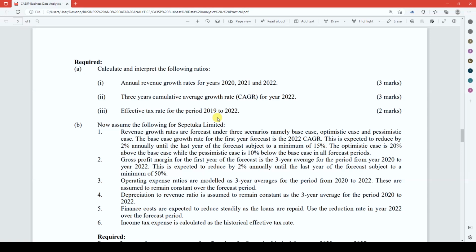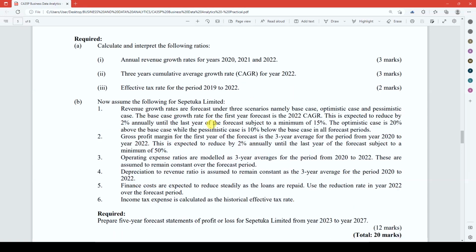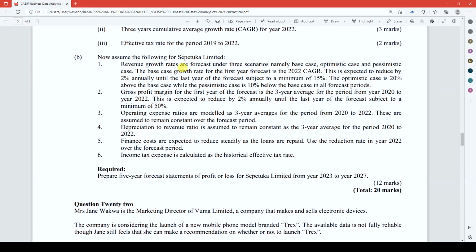Now, in part B, we were told to assume the following for Sepetuka Limited. The revenue growth rates are forecast under 3 scenarios, namely the base case, the optimistic case, and the pessimistic case. The base case growth rate for the first year forecast is the 2022 CAGR. This is expected to reduce by 2% annually until the last year of the forecast, subject to a minimum of 15%. The optimistic case is 20% above the base case, while the pessimistic case is 10% below the base case